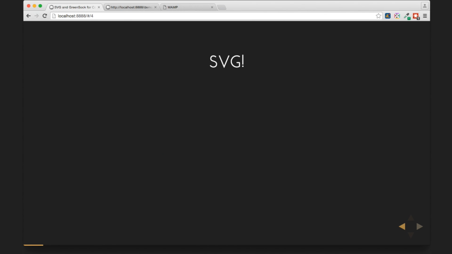SVG, for those of you who are still kind of concerned with SVG, let's go over some basics before we go on. SVG is crisp on any display. It's resolution independent. In our days of multiplying all of these devices with all of their different screen resolutions, not having to replace an image for your different screen resolutions is a huge boon. There's less HTTP requests to handle. This is probably going to be less of a deal as HTTP 2 comes into play, but as we're not there yet, we're still dealing with those requests, aren't we?